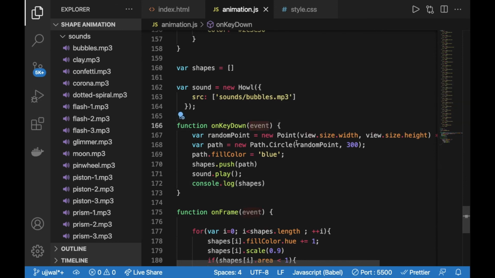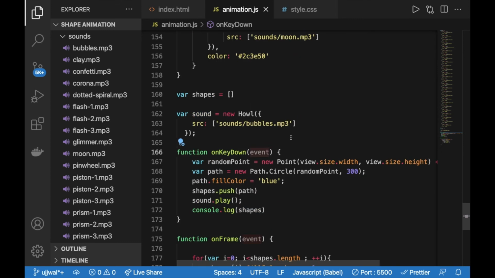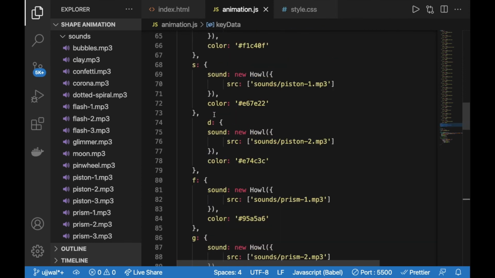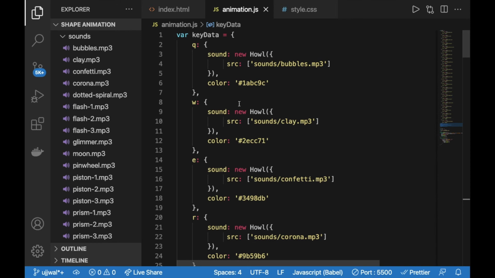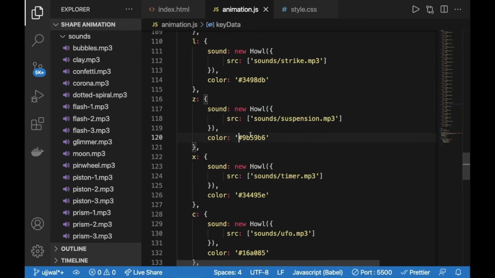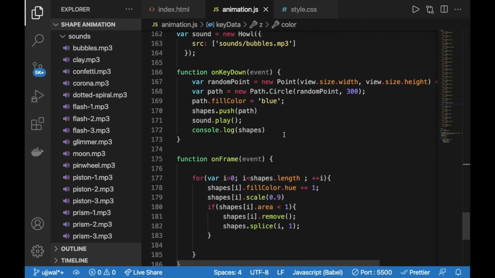We are going to check which particular key was pressed down, and then match it against the particular objects, that is keyData, and we are going to play the particular sound and give a particular color to that particular shape.